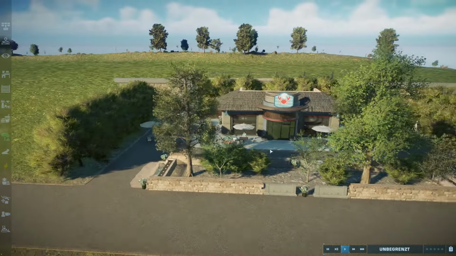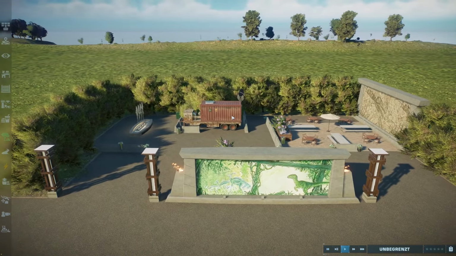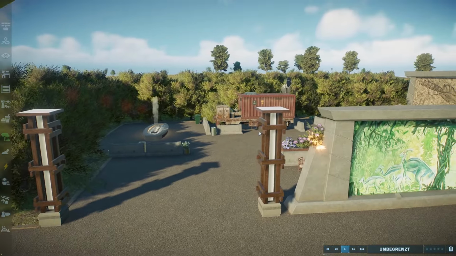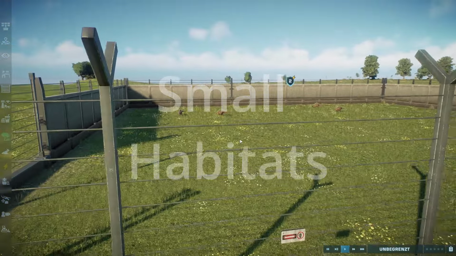And also, because we're in a sandbox, we don't have to cater to the guest needs. We can just build something that looks nice and looks like it would be in an actual zoo or theme park. And tip number 2 is for building habitats for small species, because as you can see, if I build